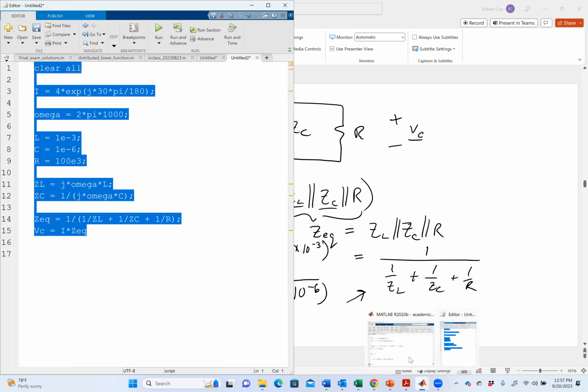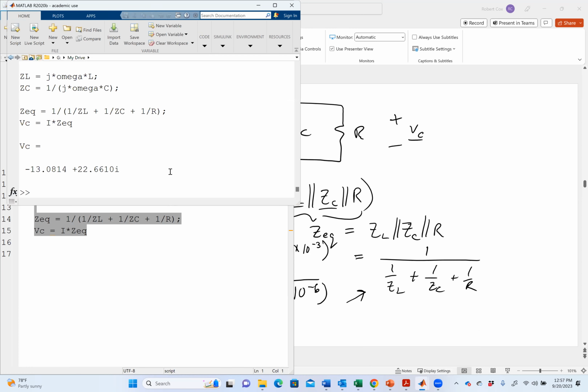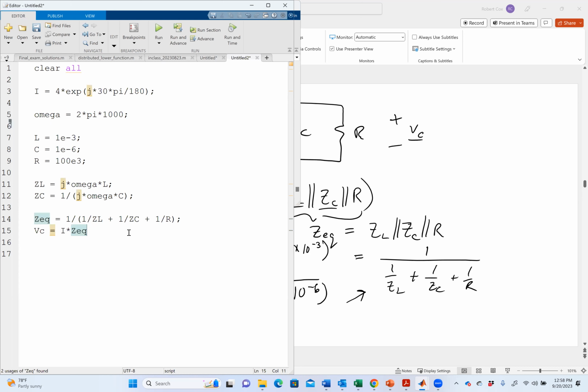You may not have looked at the answer, right? But I see it here. Okay, so that's clearly a rectangular form, the way that it output that. MATLAB doesn't write the j, it writes i instead. So I see that I have this particular guy right here. Now, if I wanted to figure out the magnitude and the angle of this particular vector,